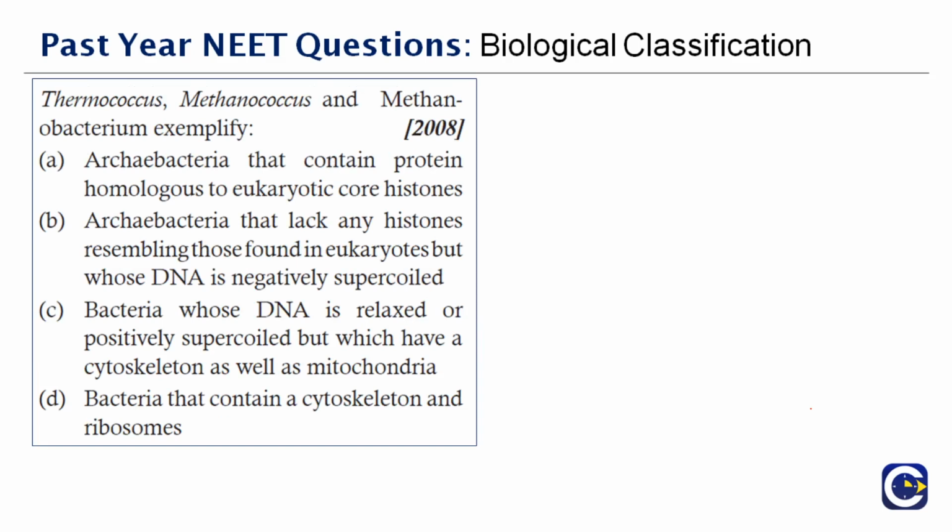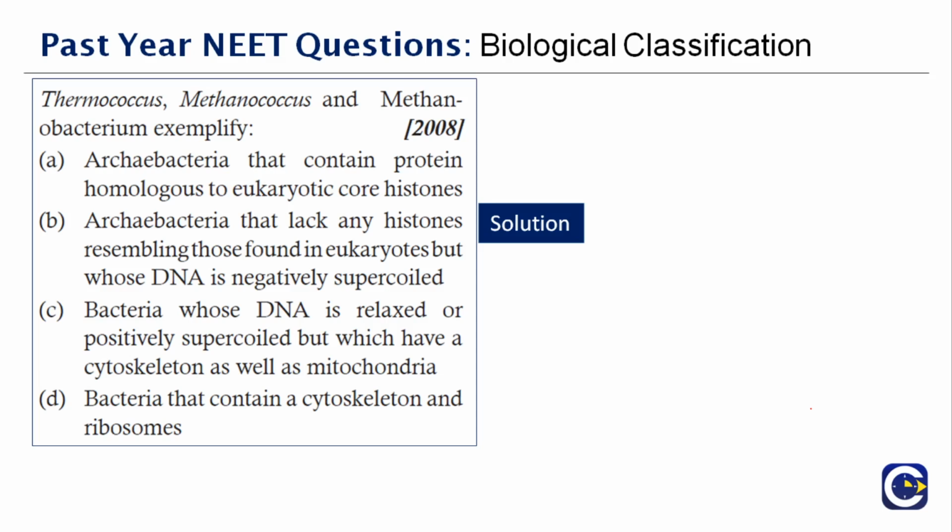Thermococcus, Methanococcus and Methanobacterium exemplify what? This question was asked in the year 2008. You're given four options here. We'll go option by option. Archaebacteria that contain protein homologous to eukaryotic core histones. Archaebacteria that lack many histones resembling those found in eukaryotes but whose DNA is negatively supercoiled. No. See, Thermococcus, Methanococcus and Methanobacterium exemplify